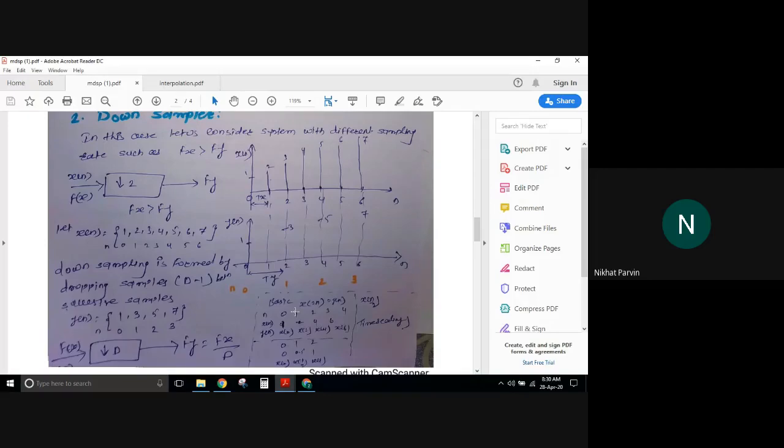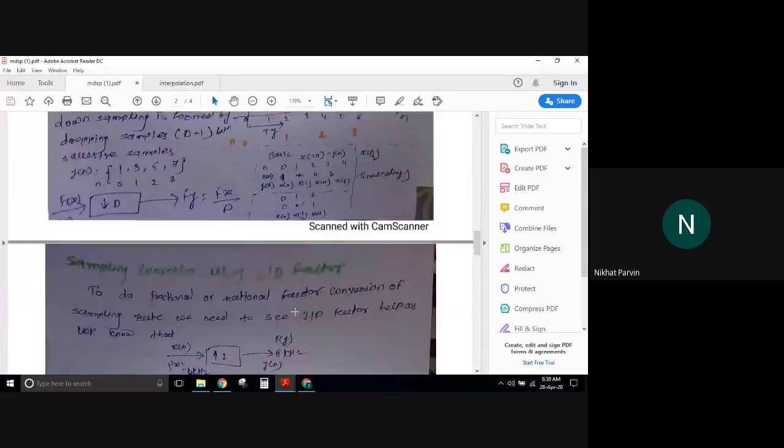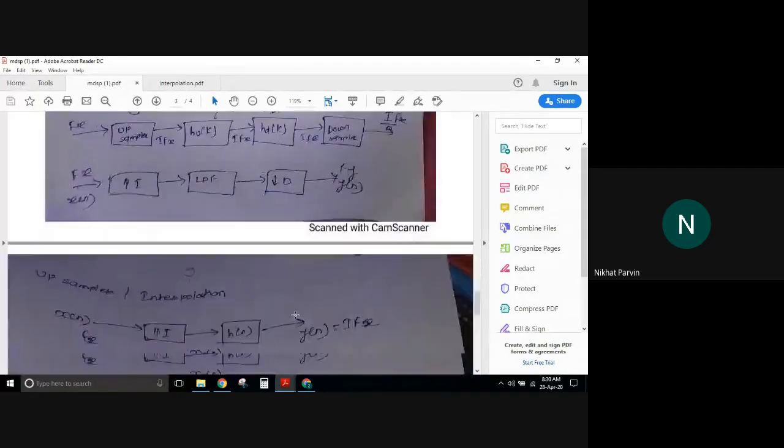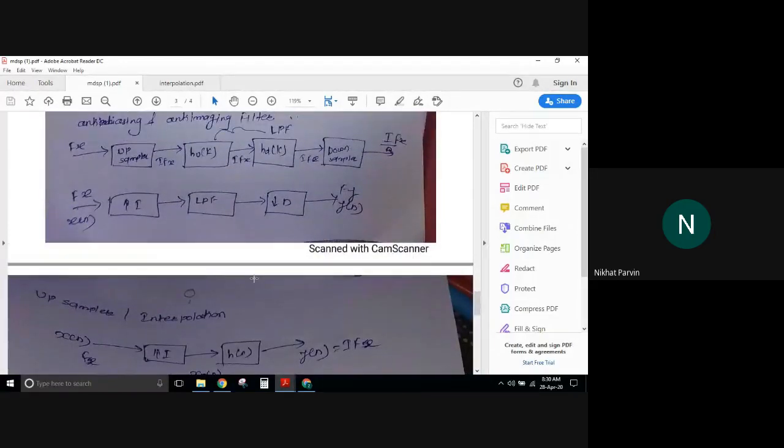And definitely when you are doing so, only upsampling and downsampling will not do anything. Definitely, we want interpolation and decimation. That means, as I said, I'll be using first I followed by D, then I will get my I by D factor. If I arrange it so, I will maintain the spectral characteristics, the frequency spectrum of the signal. At the same time, the reconstruction of the signal becomes much easier.